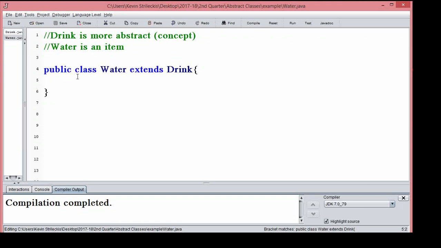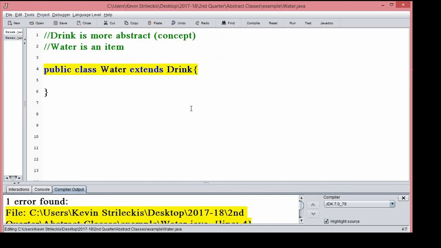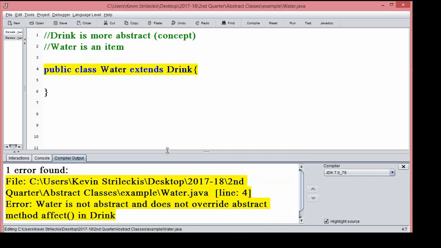So I'm not going to make it an abstract class. I'm going to make it be an actual thing. One of the first things I would say about an actual thing is that it should probably deal with its parent class. I say this because the moment I try to compile it, I'm going to get an error. One of the things about abstract classes and abstract methods, well, let's grab two things.